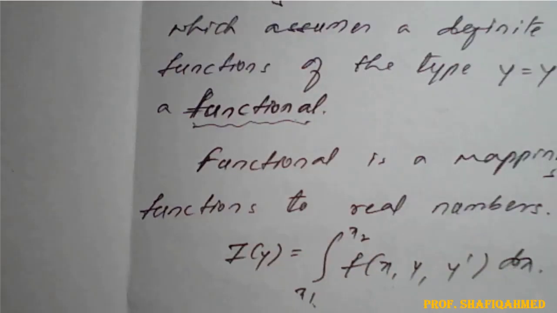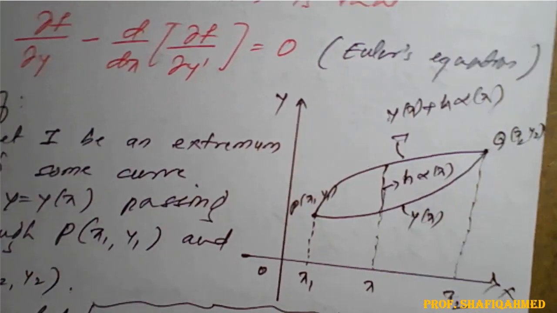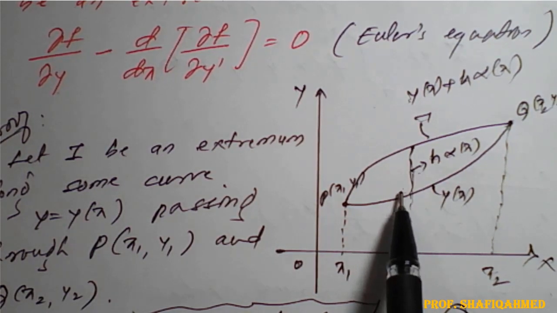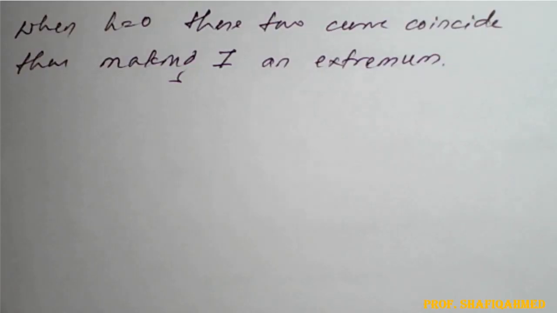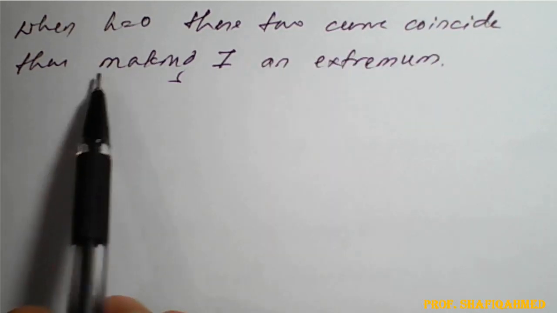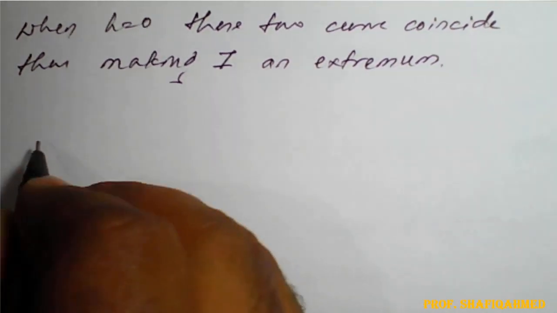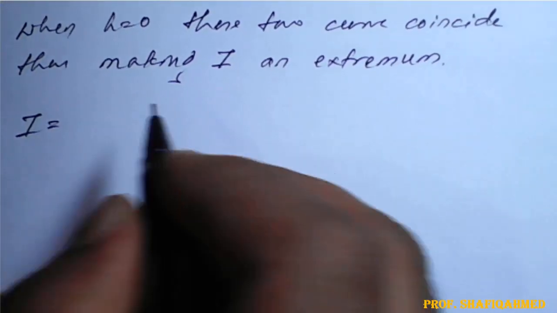Now when h is 0, these two curves coincide, as we have seen in the diagram. If h is 0, both the curves coincide with each other. So these two curves coincide, thus making I an extremum. That's why I can say that our I will become